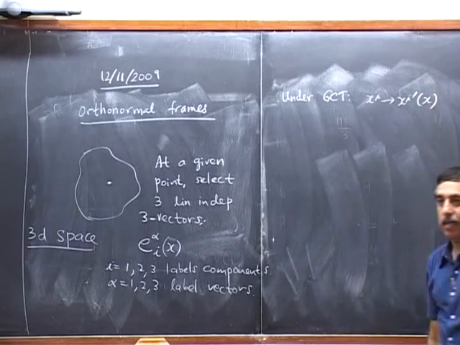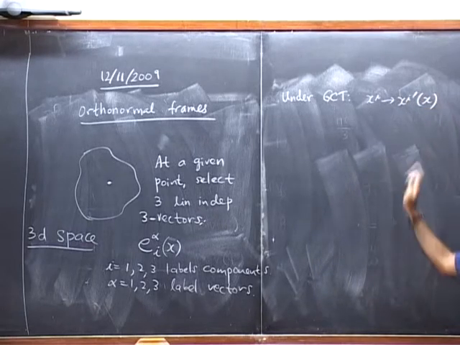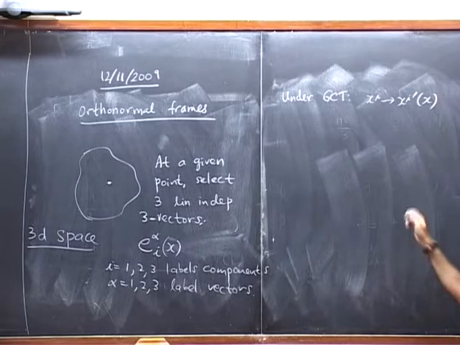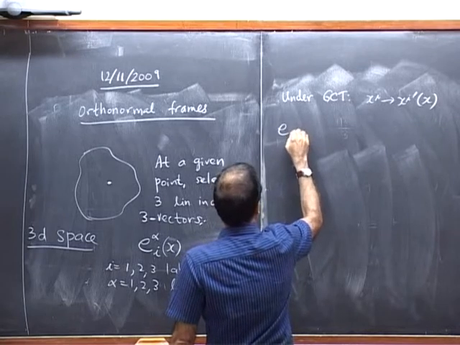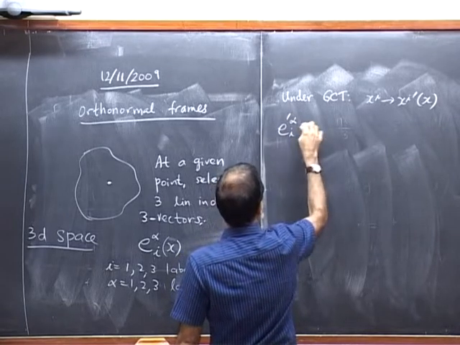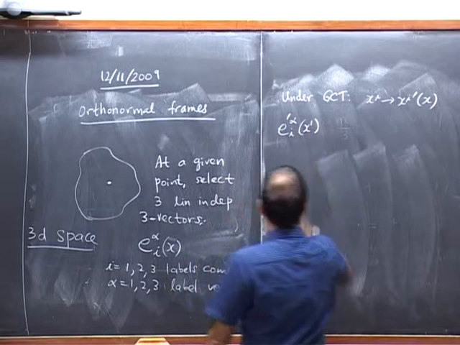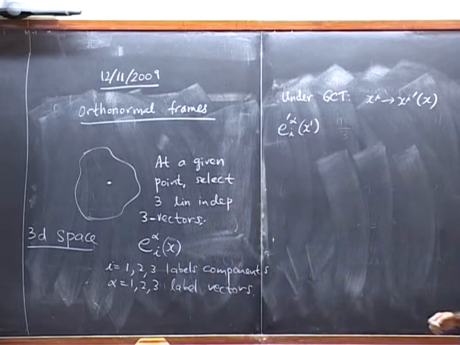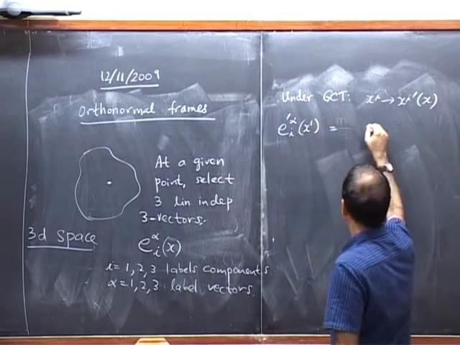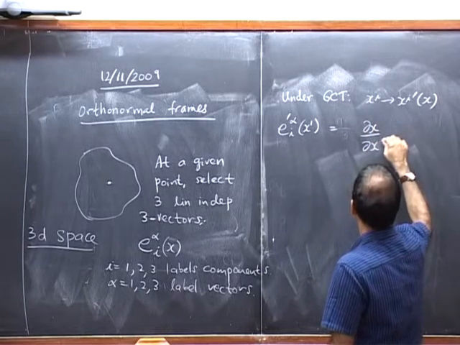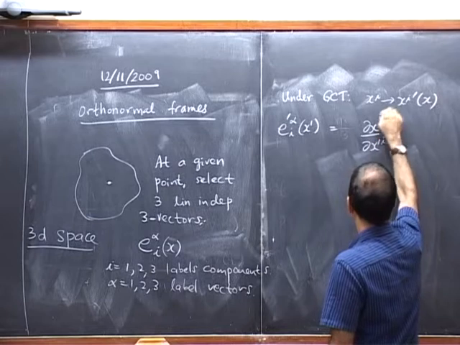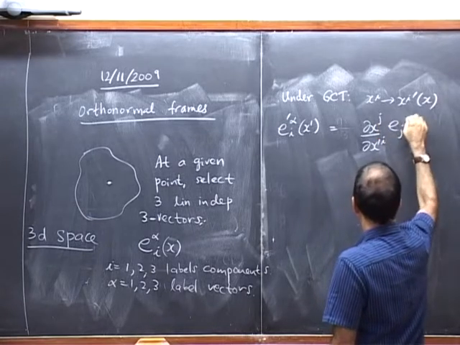In a few minutes we'll generalize this to space-time, but right now we'll just be in space because it's easier to talk about that. So E I alpha, E prime is nothing but del x j E j alpha